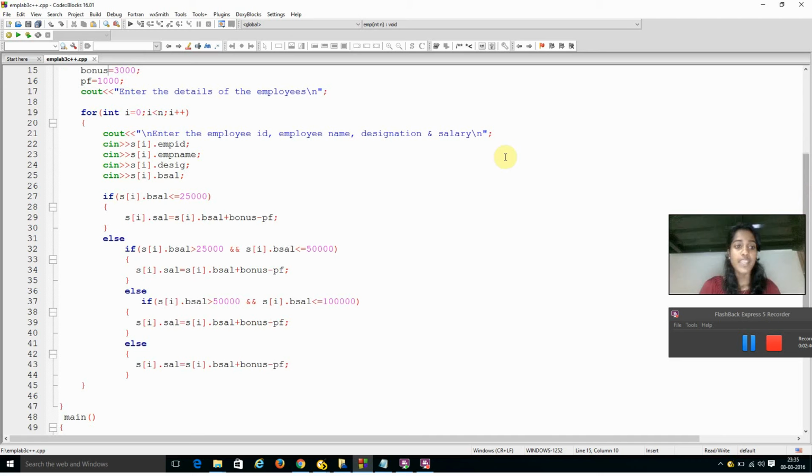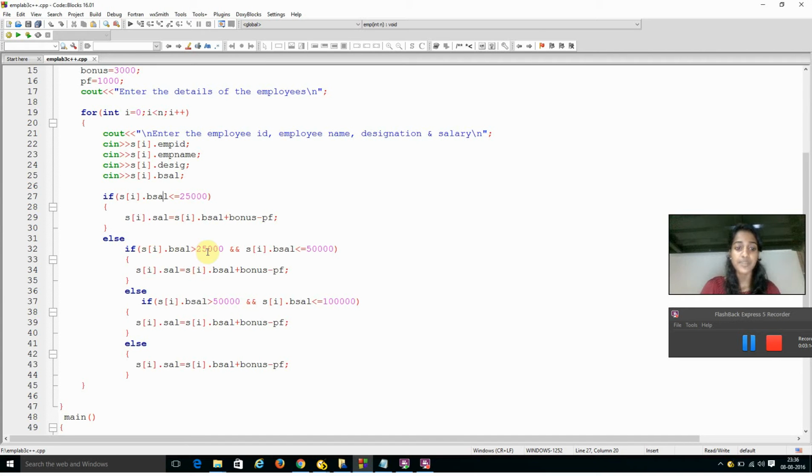Next, inside this I'm giving some if and else if conditions. So we are taking bsal as our basic condition. If S[i].bsal is less than 25,000, then the salary calculation will be S[i].sal equals S[i].bsal plus bonus minus PF. That is basic salary plus the bonus minus the provident fund. Inside every if and else if condition I've given the same formula, so only the condition will change.